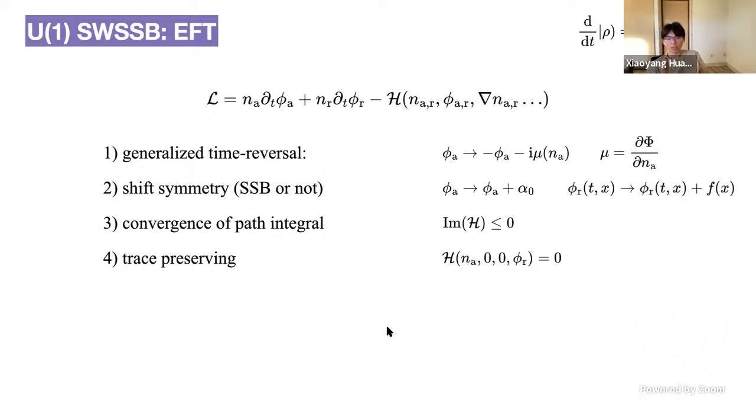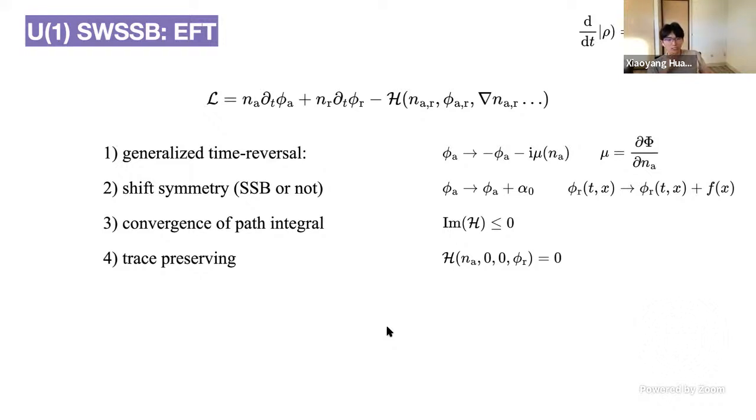And in fact, what this means is that you cannot have a gradient of phi R in your action because that still changes under this symmetry. So this suggests that the phi R field is really sort of fixed in space, and it cannot have fluctuations, rather than a ghost mode, which considers the fluctuations of your phase field.